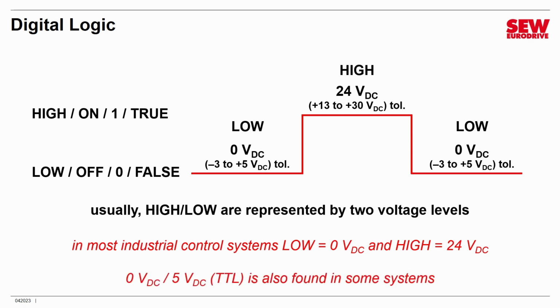I'll just mention as a brief aside that there is another system found in some places. You will encounter it with some PLCs. It is called TTL, which stands for transistor-transistor logic. It's a 5-volt system. So it uses 0 and 5 volts to signal low and high instead. It's not as popular in industry because it's more susceptible to noise. With a lower voltage like this, if electrical interference gets imposed on the line by induction, it can easily fall into that 5-volt range and create spurious signals. 24 volts is a little more immune to noise because the voltage is higher,